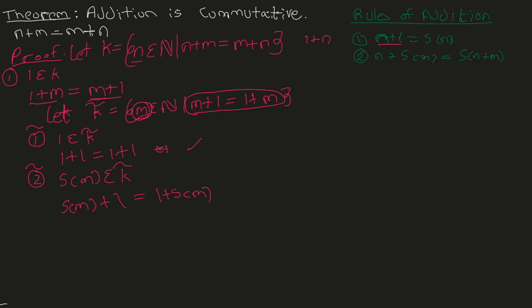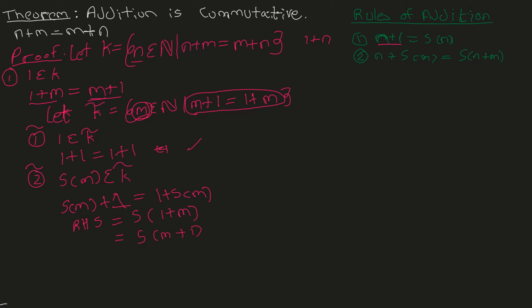Now you can choose whatever side you want and try to make it equal to the other side. I'm going to start with the right hand side and try to make it look like the left hand side. So this we can write as successor of 1 plus m, which we can in turn write as successor of m